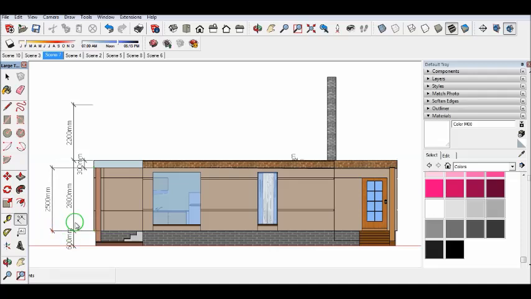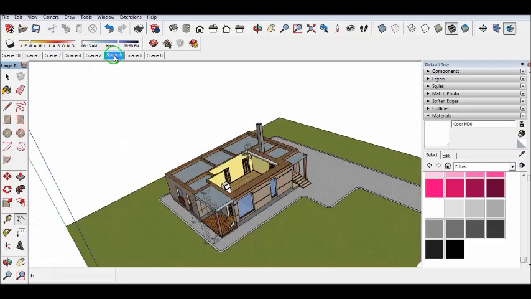Yes, the first floor will be 2,500, and 300 or 1 foot for this ceiling overlay, and the second floor, or if you like, this ground floor and first floor, 2,200 millimeters it should be. Okay, let's jump to this scene,